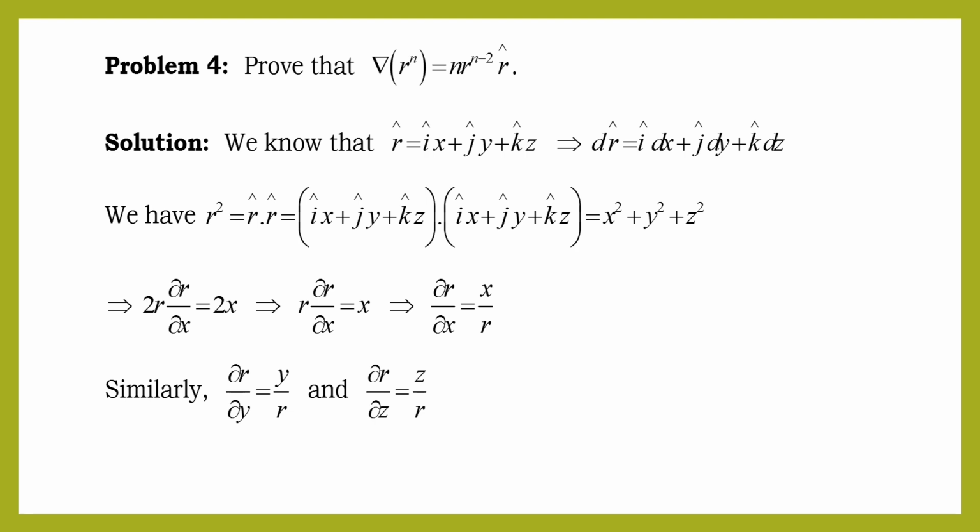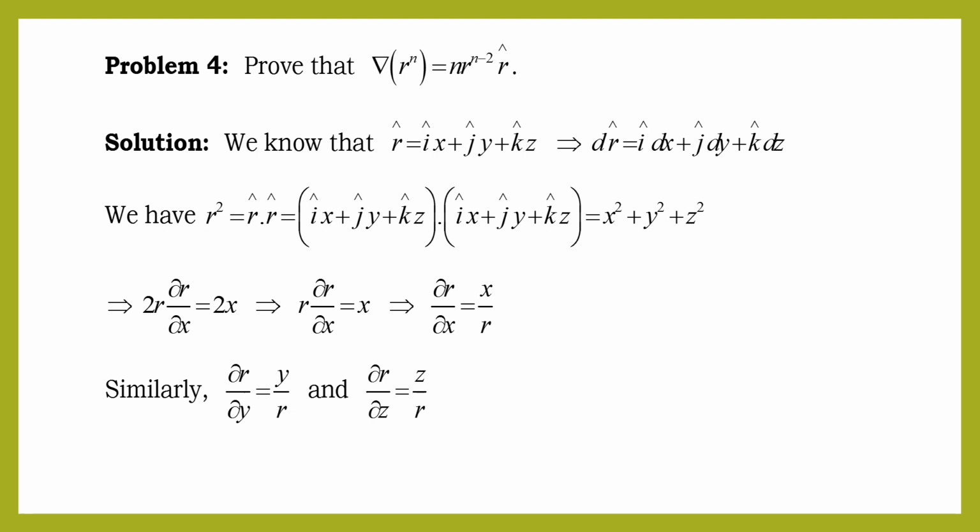We have seen this vector already. This vector is called a position vector or a velocity vector. If r cap equals i cap x plus j cap y plus k cap z, then dr cap becomes i cap dx plus j cap dy plus k cap dz. Now,